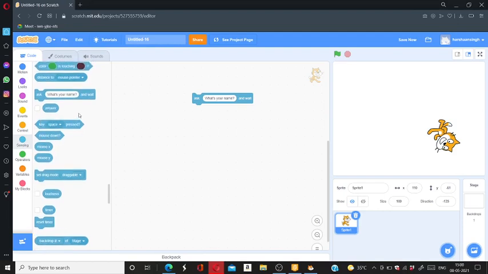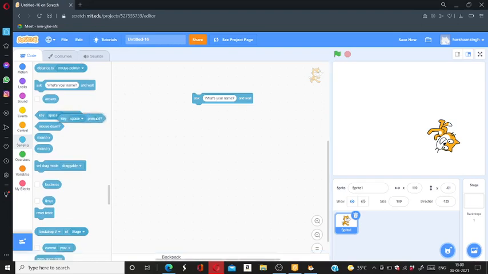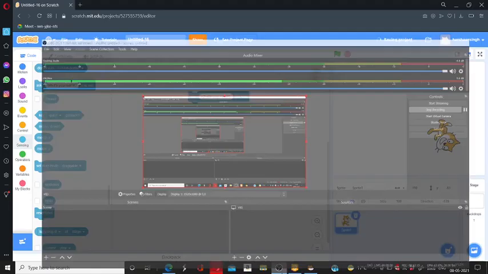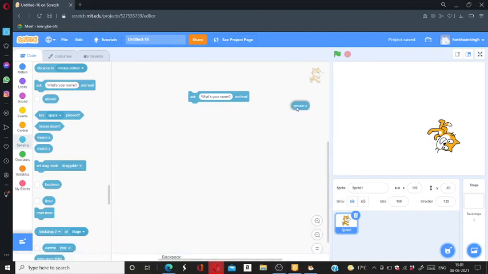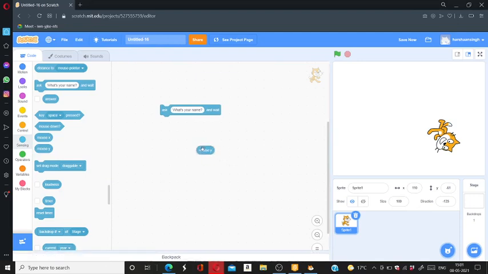So the next thing, space pressed. It is kind of the same as the events one. It is if key space is pressed, then do this. This is the mouse down. If we are clicking the mouse, then it means mouse down. So the next thing is mouse X. It checks the X and Y position of the mouse. Mouse X checks the X position and mouse Y checks the Y position of the mouse. The Y position of the mouse is currently 82, 90. X position is minus 240 because